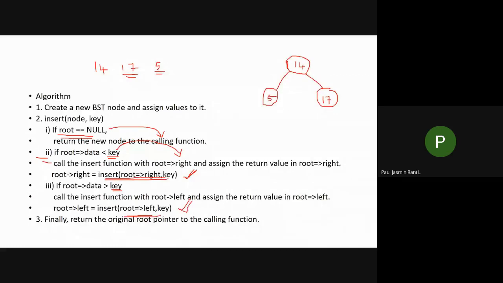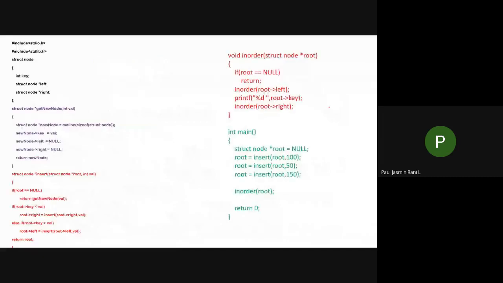Okay. So this is a very simple process when you do it by using recursion. When does this recursion stop? When you no longer need to create a node, that is, when you reach a null, it means it is enough for the creation of your particular node. Okay, so this is the coding for your insert, that is, the creation of your binary search tree.